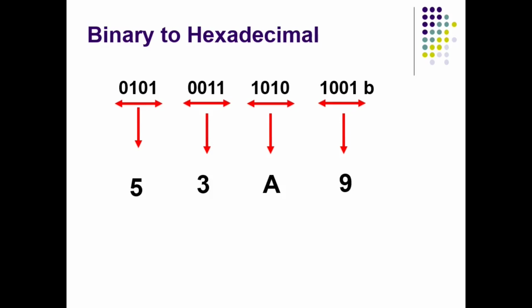Now we have written the hexadecimal digits equivalent to every 4 bits of the binary number, but how to convert the entire binary number into a hexadecimal number? Very simple, you just combine these. So 53A9, the 16-bit binary number we have given here is nothing but 53A9 in hexadecimal. I hope this concept is also very clear.